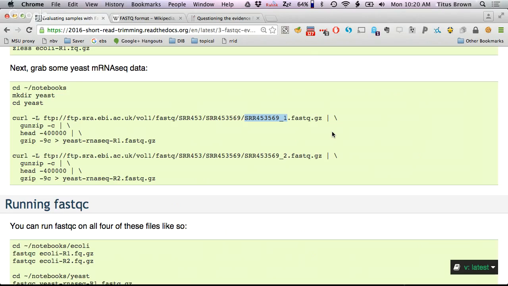Let me take a quick look. It is running. So some of the time that's true, and some of the time it doesn't matter where you use